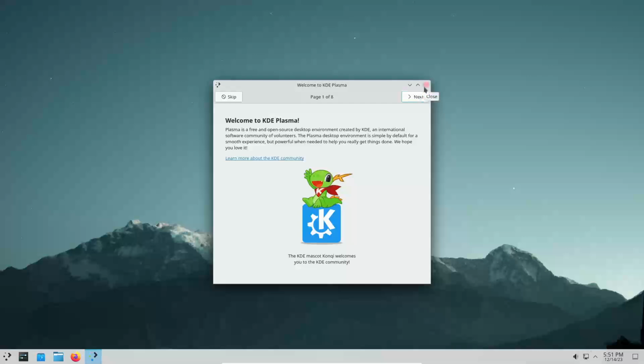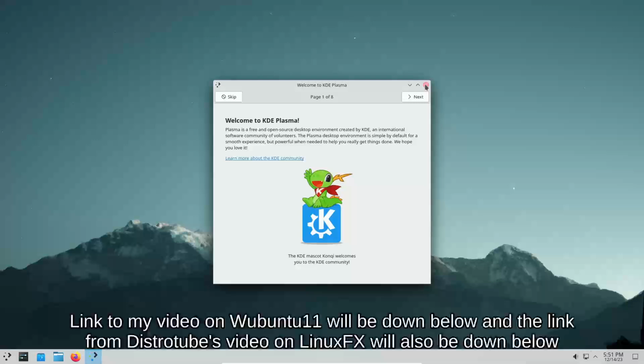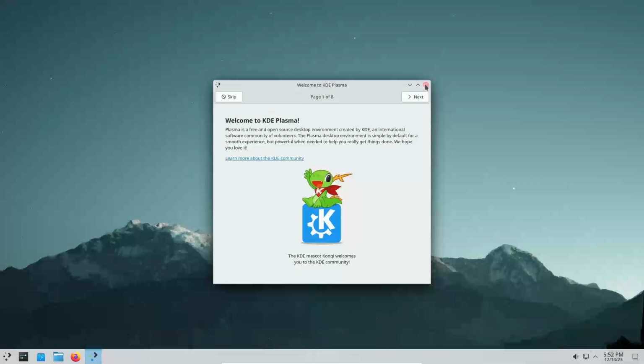Recently I ran across a Windows clone, which is a Linux distribution called Wubuntu11. After I took a look under the hood and figured out the background of that, it's based off of LinuxFX. There was a big hoopla there for a little while, and I do not recommend anybody get either one of those distributions. So I figured if you're new to Linux,